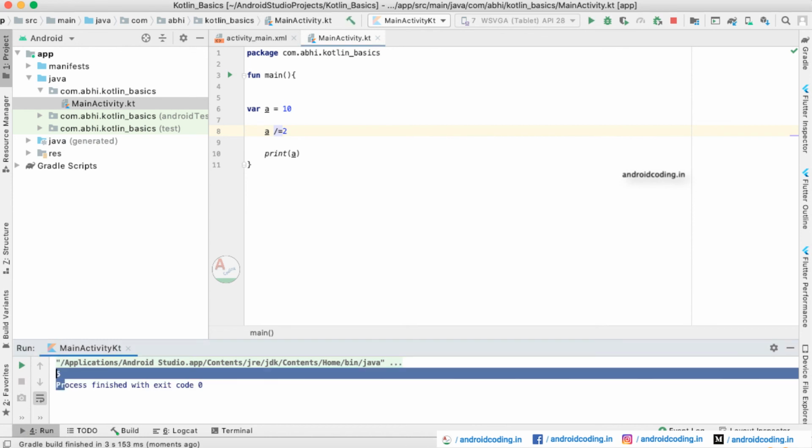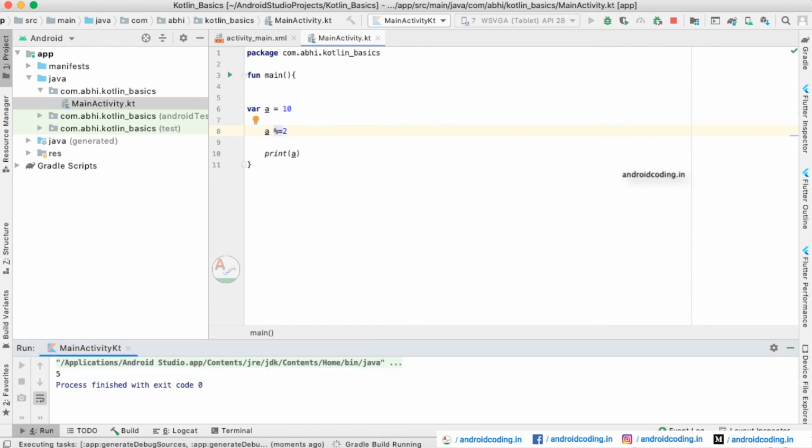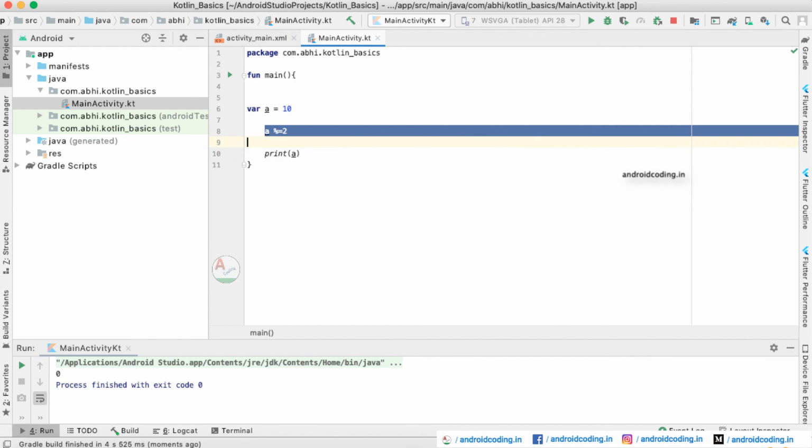Also you can consider the percentile operator here in the assignment. Here you will be getting a 0, because when you divide 10 by 2 you will be getting a remainder 0.